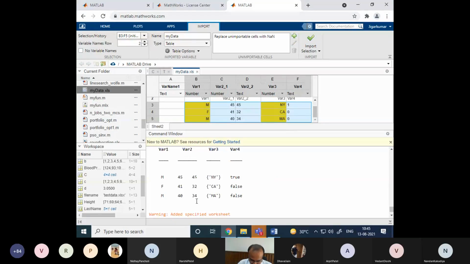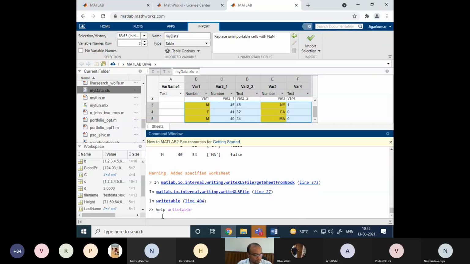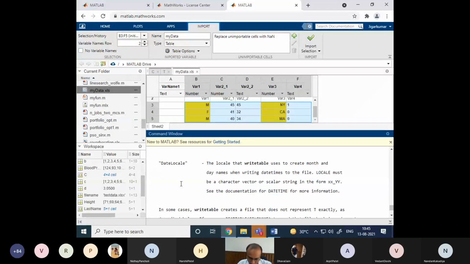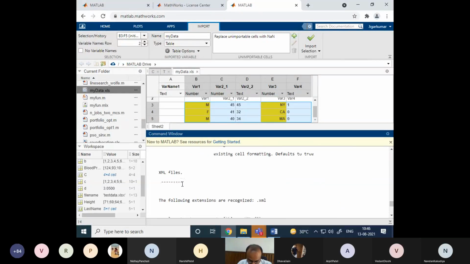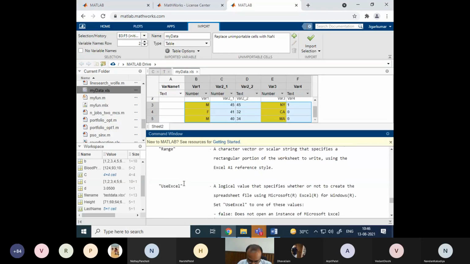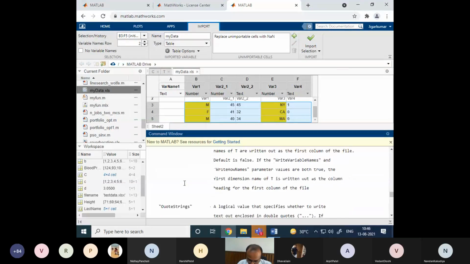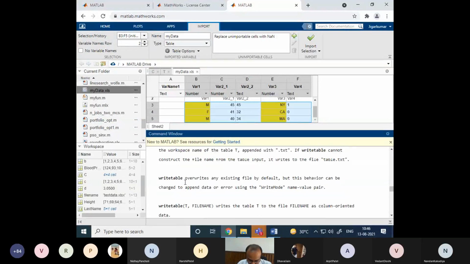So I hope you understood this. And if we go into detail of the help for the writetable function, then we get detailed help. I leave it to you because you have to do so much work yourself. This is an interdisciplinary subject and there are so many things we have to learn in a short time, but it is not that difficult. We have to apply the knowledge. It's an application-oriented subject.